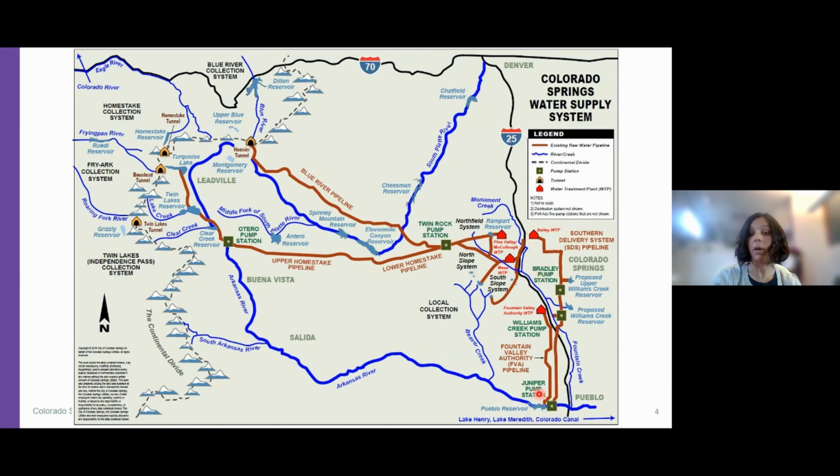So Pueblo Reservoir is a large reservoir, as you probably know, and we do store a lot of water down there. We don't actually have any water rights in Pueblo Reservoir. So while we store quite a bit of water down there, we're not actively collecting water in that particular reservoir. We do have shares in the Colorado, Lake Henry, and Lake Meredith companies, and those are further downstream, down the